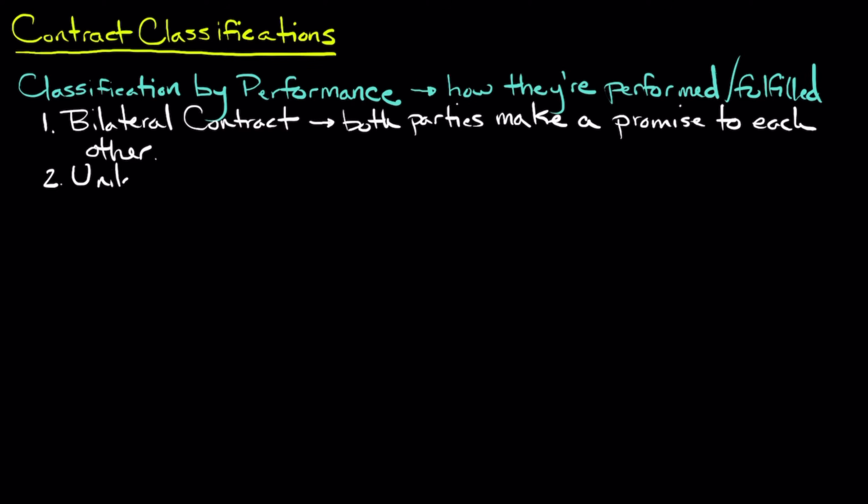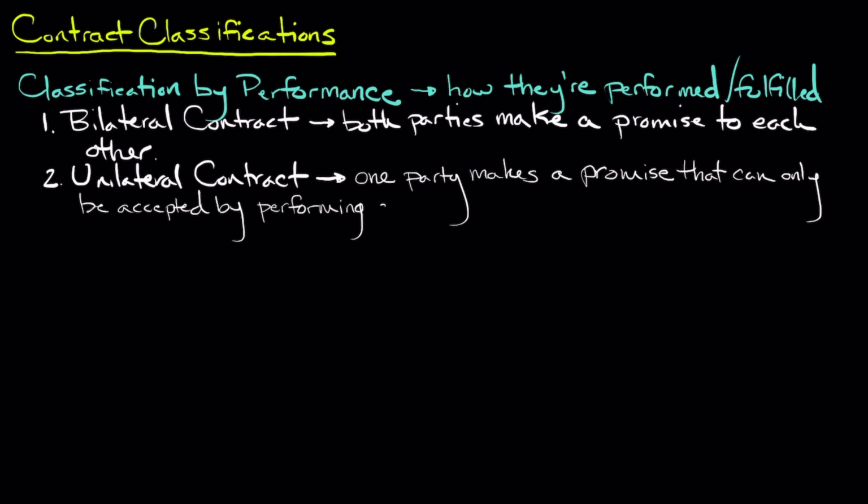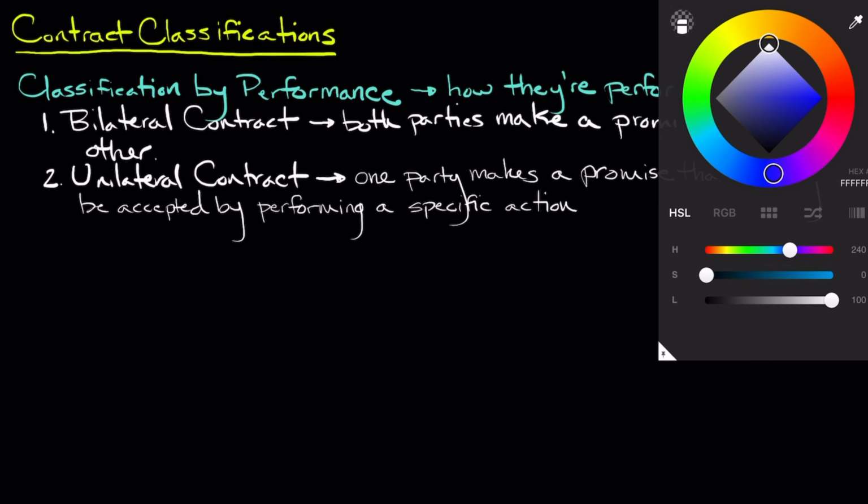In contrast, a unilateral contract involves one party making a promise that can only be accepted by performing a specific action. Until that action is performed, there is no binding agreement. Now, an example of a unilateral contract is a reward poster offering a cash reward for the safe return of a lost pet. The person who posted the reward is obligated to pay only if someone finds and returns the